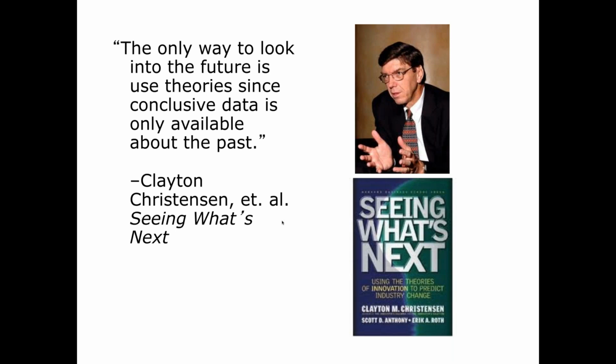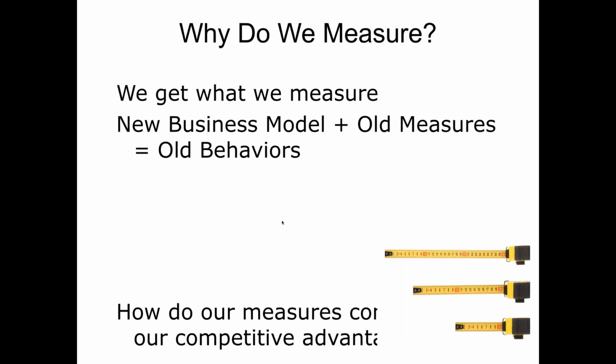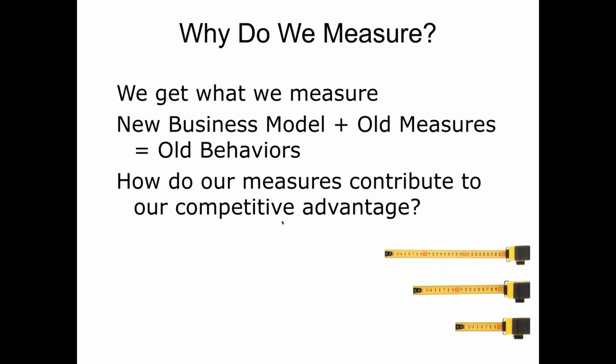So that's what I mean by KPIs, key predictive indicators, and just to think about why do we measure. If we're trying to change something, like for instance, if you're trying to change your business model, not only do you need to change your pricing, but you need to change what you measure. I can think of no business model change in enterprise history that doesn't have two components: a pricing change. So we go from buying $20 CDs to buying $1 a song, or now streaming music on Pandora, Spotify, whatever. That's a pricing change, right? And also the second change is what's measured inside of a business changes.